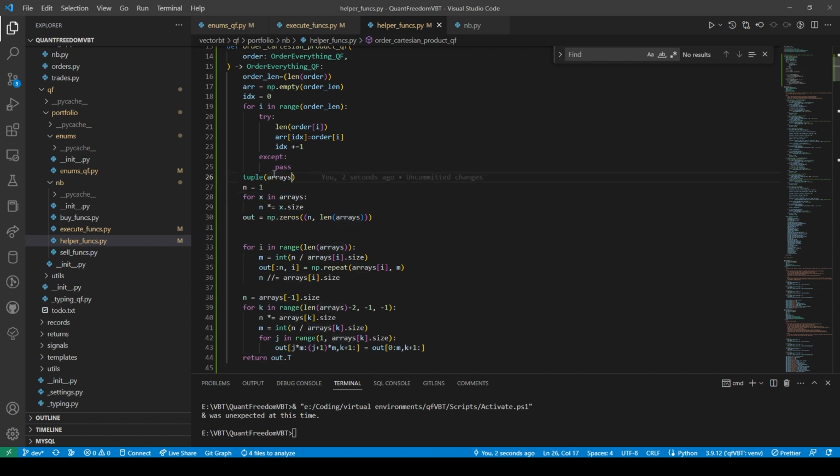We change this to like that. Oh, wait. Arrays equals this. So we get the length of the order, we get the array empty. Oh, shit. And then we'd have to do this all the way up to